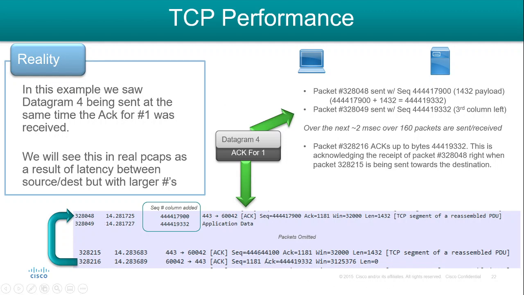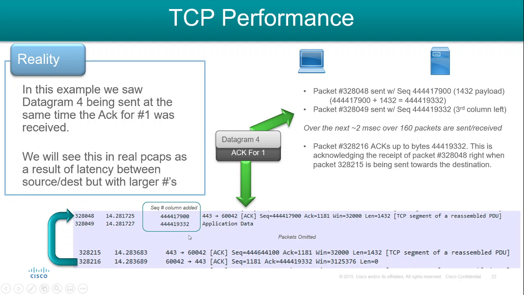I have in this diagram below, where my mouse is circling, part of an actual packet capture that I was analyzing. I added a column within Wireshark to look at the sequence numbers. The packet number is here on the left, this is the time since the beginning of the capture, then the sequence number, and obviously the packet data. And these are two packets that are essentially in order of one another. So I'm sending this one with sequence number ending in 17900,